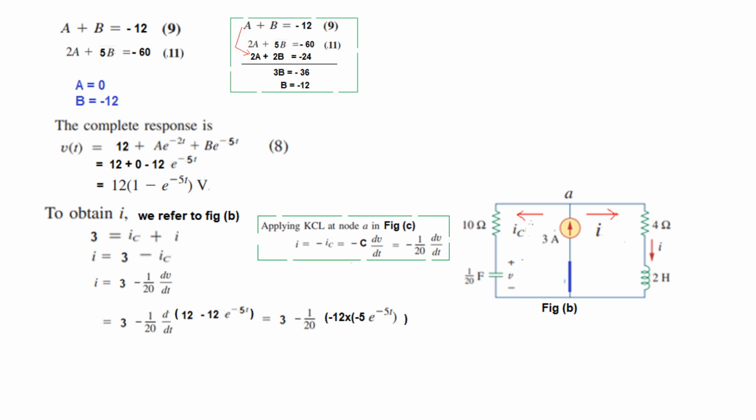And now what we have to do is take the derivative of V. So this is our V. So differentiating this, we find minus 12 into this term. I am sure you can do this. The first term will be 0. So we differentiate the second term. And so we get 3 minus 3 e raised to the power minus 5t, because this will be 12 multiplied by 5, that is 60, divided by 20 will give 3, and so this is the final answer.